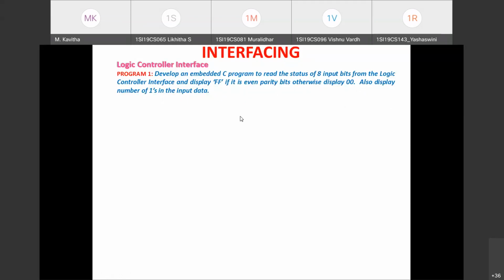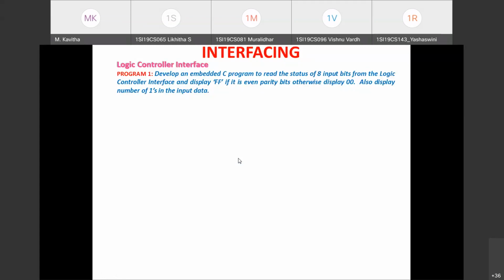If you find an even number of ones in the input, then on the output LEDs of the logic controller you have to display FFH. That means all the output LEDs must be turned on to indicate it is an even parity. If the number of ones in the input you have read is odd, then you have to turn off all the output LEDs to indicate it is an odd parity.